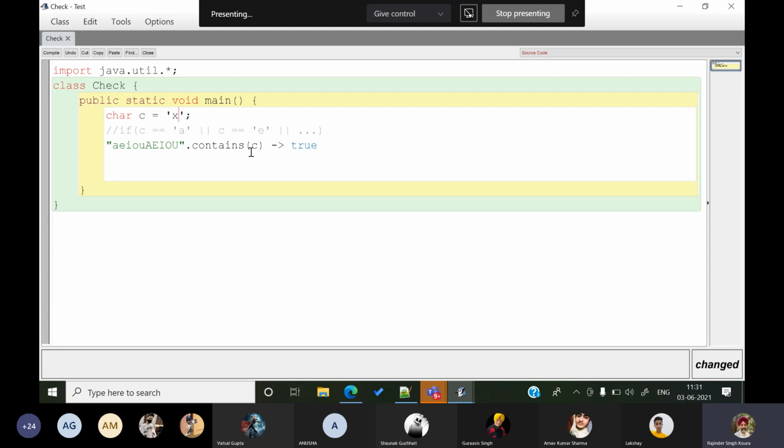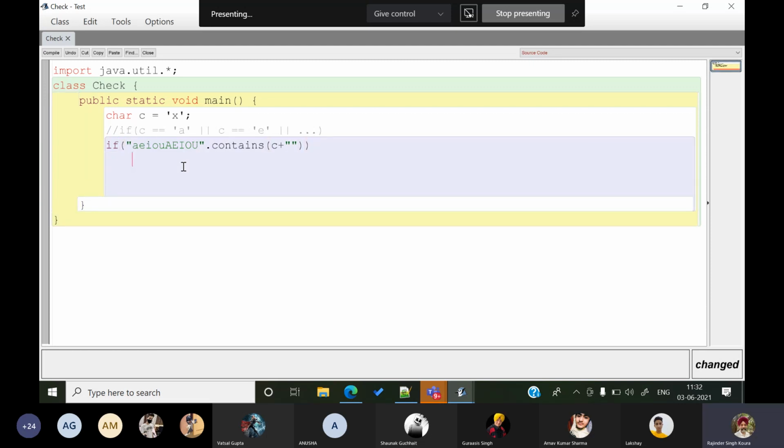Now there is a practical problem. The contains method does not take a char as an argument. It takes a string as argument. So we need to convert it into a string. How do we do that? We add a string to it, so it becomes a string. Let me just put it into a condition now. This is my condition, and if I say system.out.println,